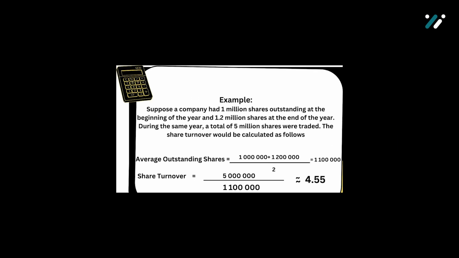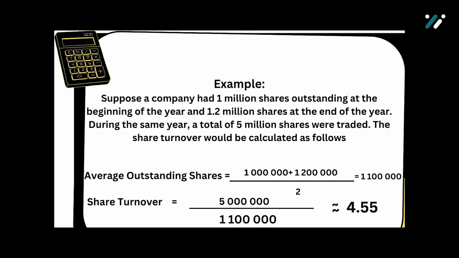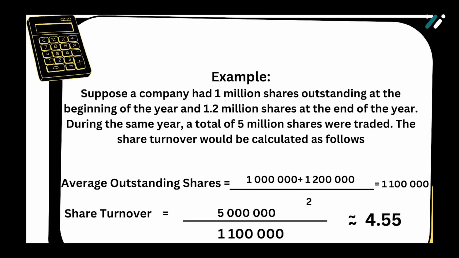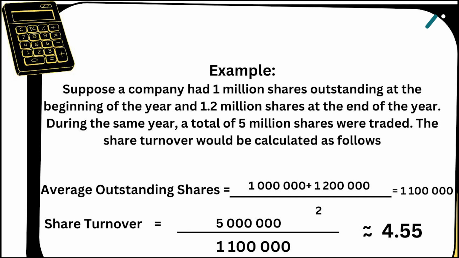Suppose a company had 1 million shares outstanding at the beginning of the year and 1.2 million shares at the end of the year. During the same year, a total of 5 million shares were traded. The share turnover would be calculated as follows. Average outstanding shares =